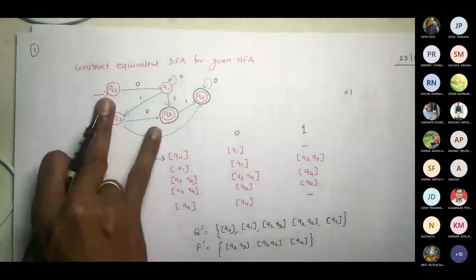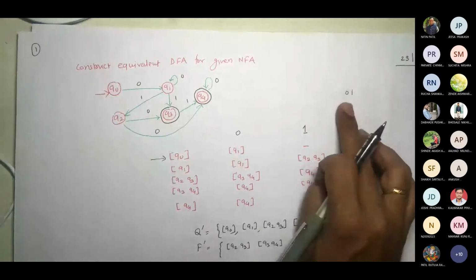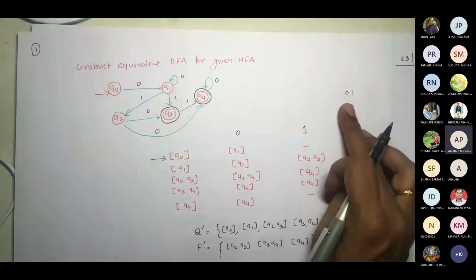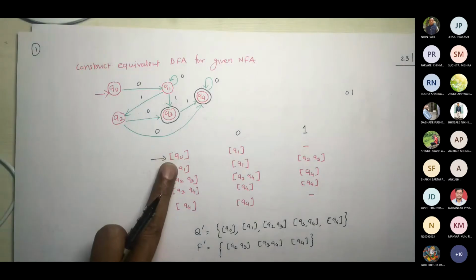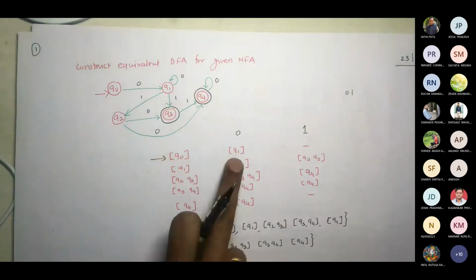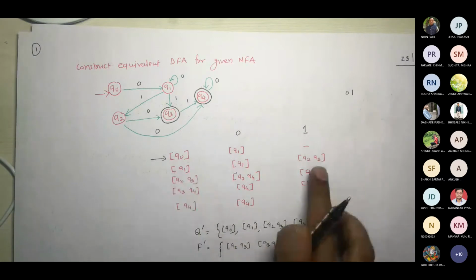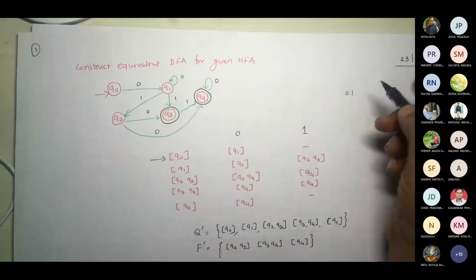Because it is taking me from Q0, there is a path from Q0 to Q3 which results in path value 0, 1. Is it there? Yes, sir. Now if I start from here, Q0 on 0 goes to Q1. Q1 on 1 goes to Q2, Q3. Is Q2, Q3 final in this case? Yes, it's accepted.